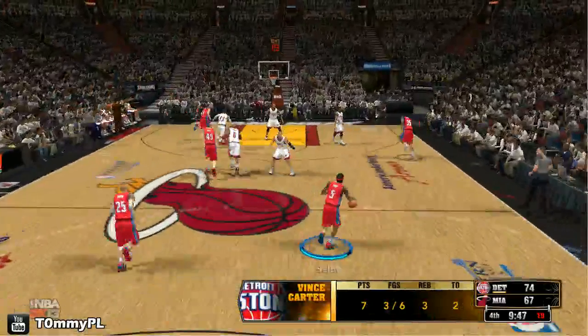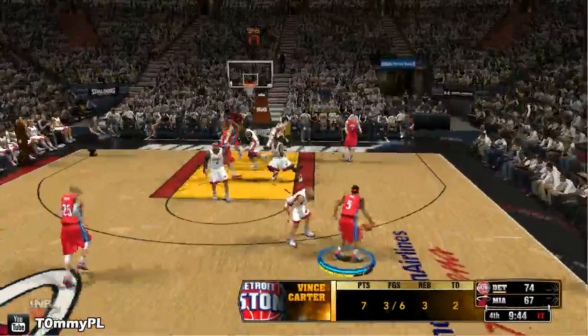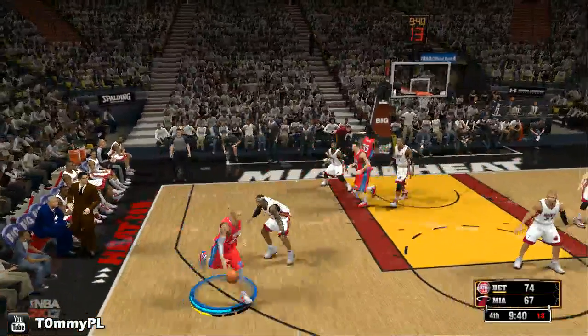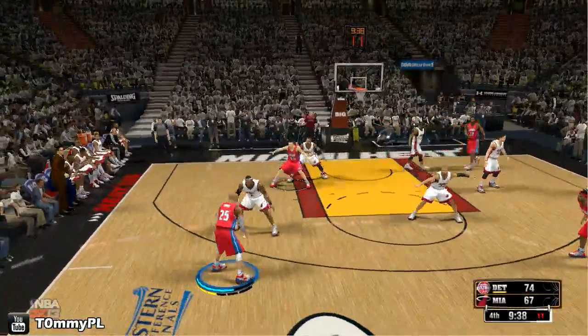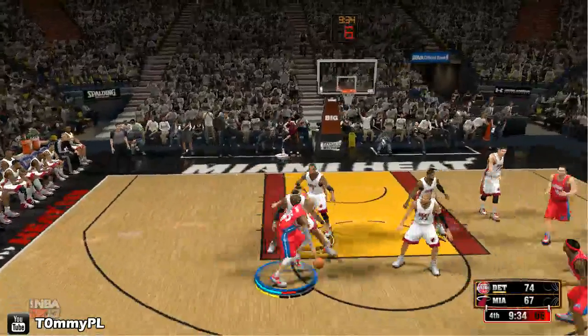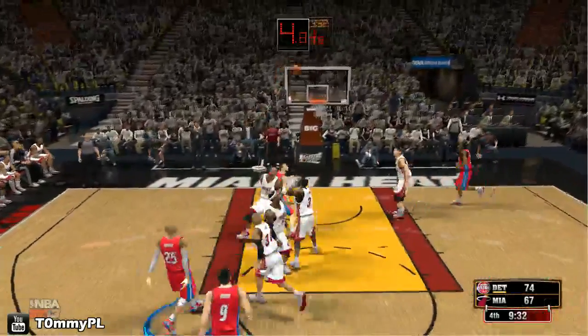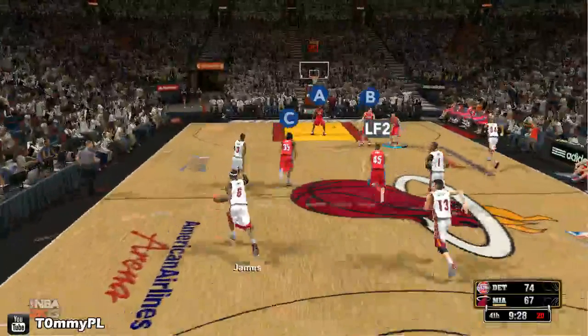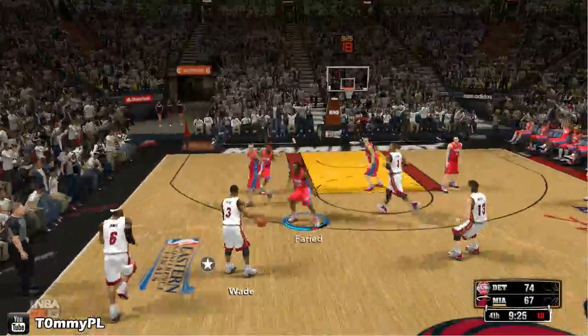Pistons leading by 7. Back to Carter. Just a little under 2.5 minutes of pass now. That's Carter. Again missing. Well, that mid-range jump shot is not his strong suit. Even when he gets a good look like that,